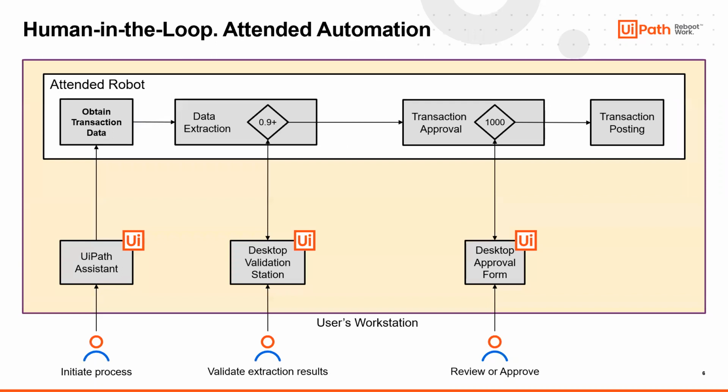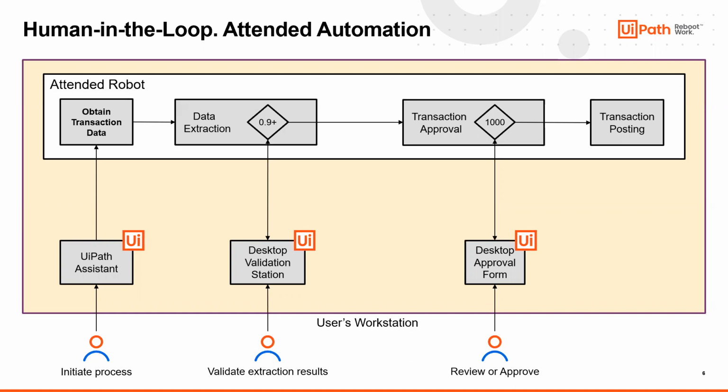Let's take a look at an example. Let's say we have a process that was delivered originally as an attended process, and it's running on an attended robot. This big yellow box represents the user workstation, and we have an attended robot running on this workstation. But at the same time, if the user needs to initiate the process, he will interact with UiPath Assistant installed in this workstation as well. He will go to his system tray, initiate Assistant, and then he can choose which process he